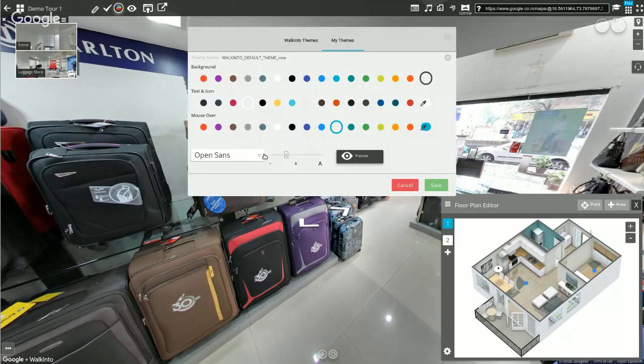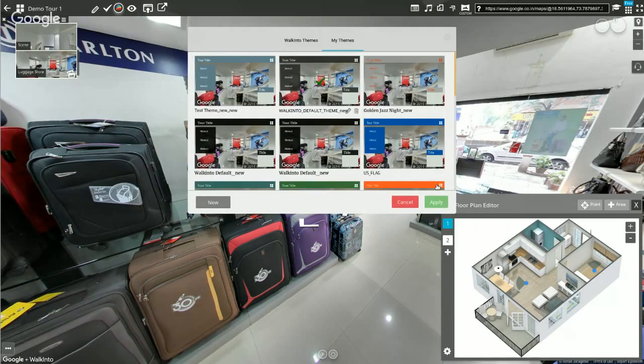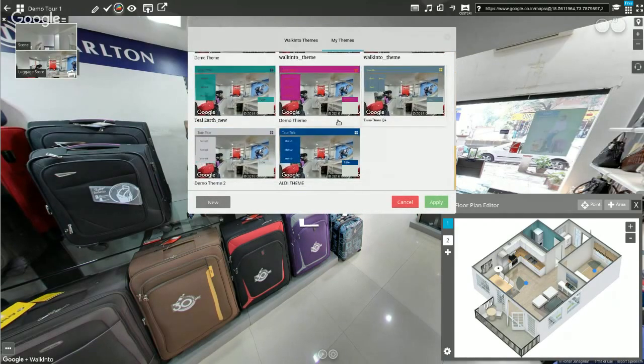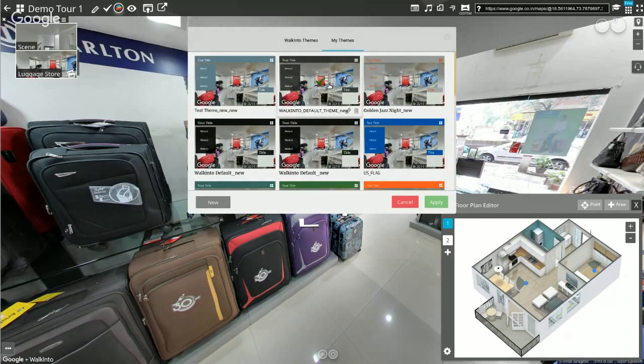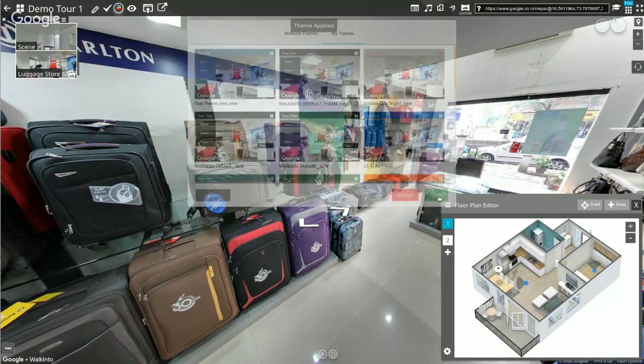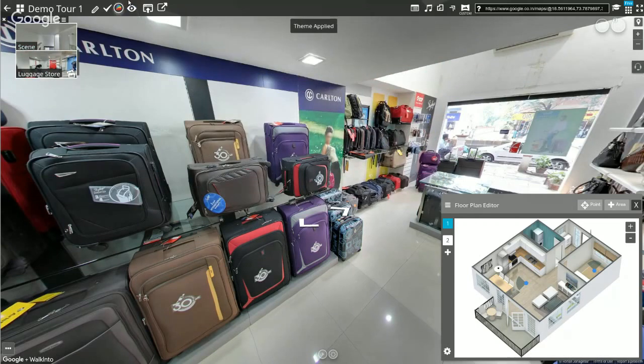You could fix the font sizing. 50, 60 fonts are available on this, from Google fonts. So it's fairly modern fonts, and we keep adding to it many times. You could check out the preview at any time. You change the size, and you could save it. So now I've basically saved a new theme, and now when I click apply, you can see that the overall styling, size of the fonts, everything has